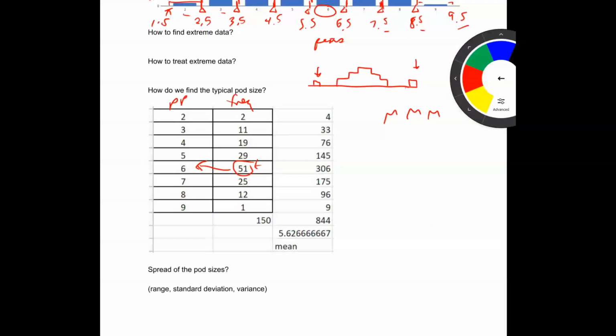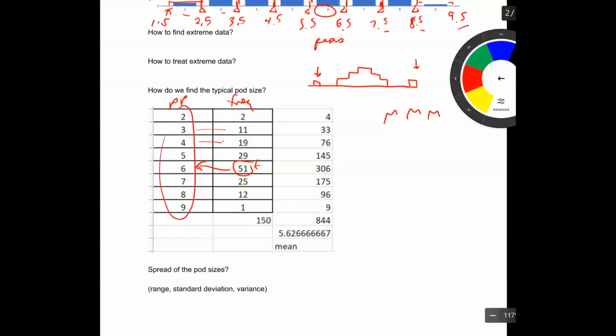Mean and median. Mean, you kind of know how to do that, right? You could just take all your numbers here, add them all up, and divide by how many numbers there were, okay? Now, if you have it in a frequency table, it's a little bit tricky because, look, there's 2 2s, there's 11 3s, there's 19 4s, so we don't exactly have it in the normal format